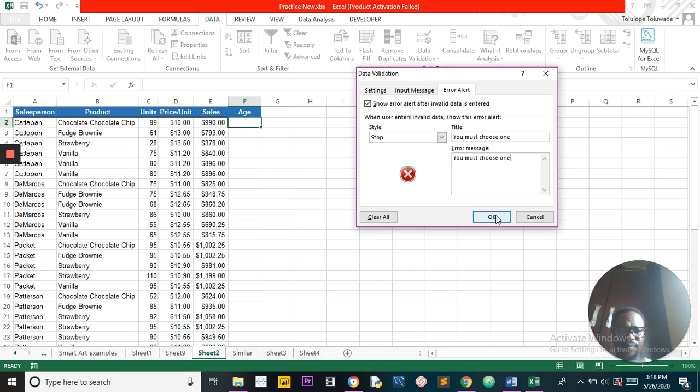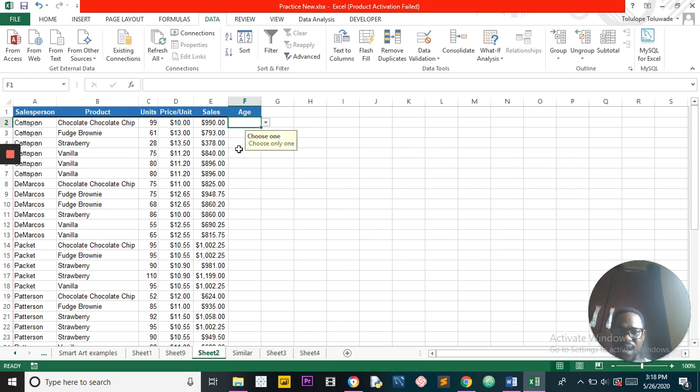Now let's click on OK. All right. Now, did you see what happened here? In this cell, there is an arrow button just beside it that has been created. Now, if you click on that arrow, you see we have the range of lists that we already input in that dialog box. Can you see? So the user can only choose from this range of values. That is the essence of data validation. You want the user to choose from a range of values, not anything they want to input. Now you are restricting the users. The essence of this data